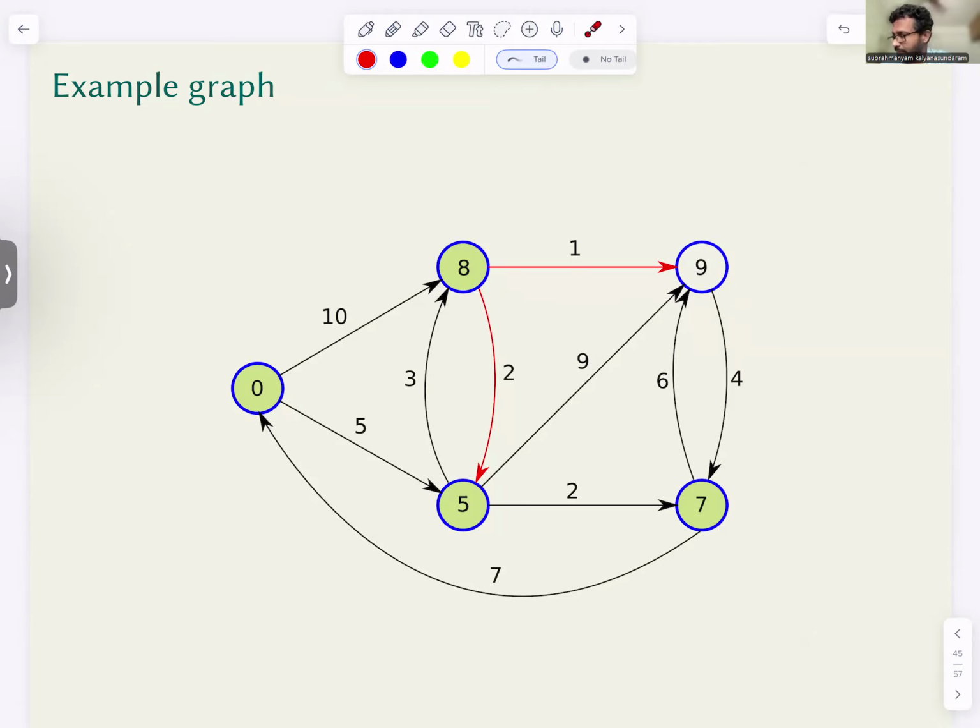Okay, so now we have DQ'd this vertex 8 and we already updated this vertex 9, and that is the only vertex remaining in the queue. So now 9 has only one outgoing edge, with weight 4. And even this doesn't change anything because